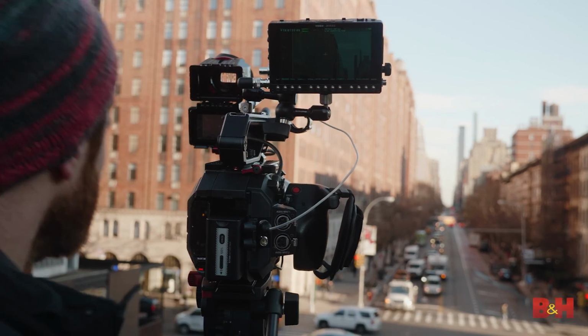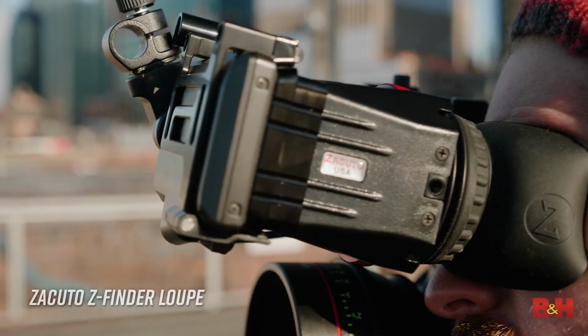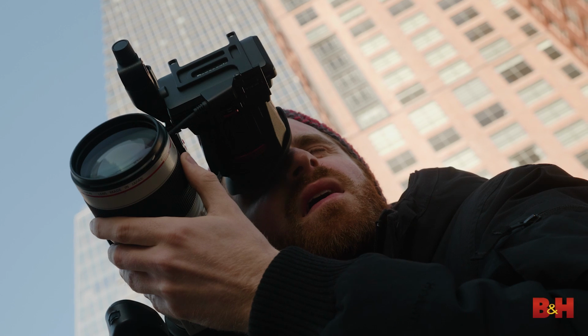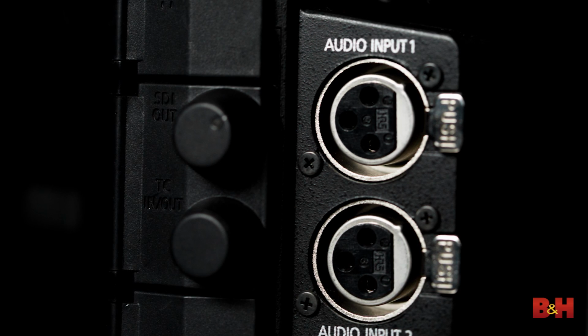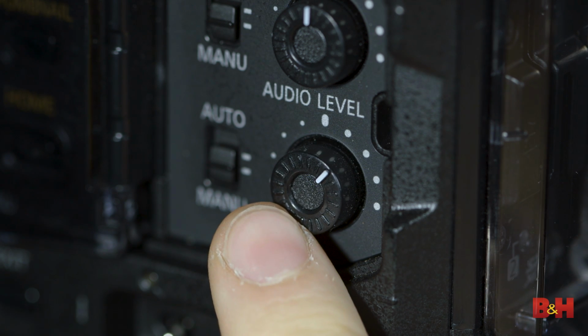And if you wish to use a separate monitor, these tools can be sent out through the SDI output. If you prefer an eyepiece, Zacuto offers a Z-Finder loop designed specifically for the EVA1 LCD, which is particularly helpful when trying to lock in focus while shooting outdoors on a bright sunny day. And of course, no pro camera is complete without audio inputs. The standard 2 XLR audio inputs can be found on the camera body, providing 24-bit, 48 kHz LPCM audio files for